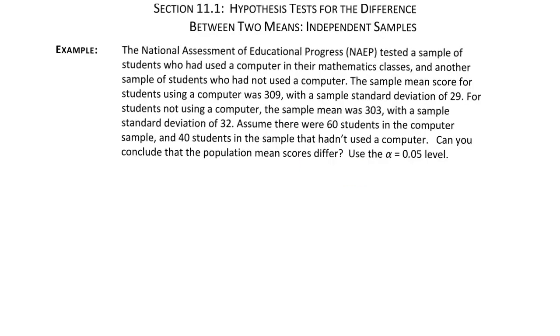Let's look at an example on performing the hypothesis test for the difference between two means using the p-value method. This is the same example we were talking about in the beginning of this section. So first, check for the assumptions. We have two independent random samples and both the sample sizes are larger than 30. So the assumptions are satisfied.